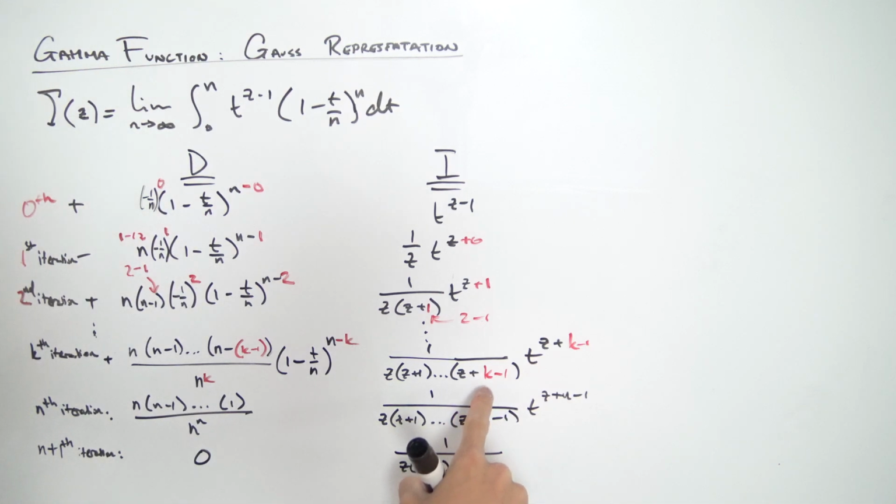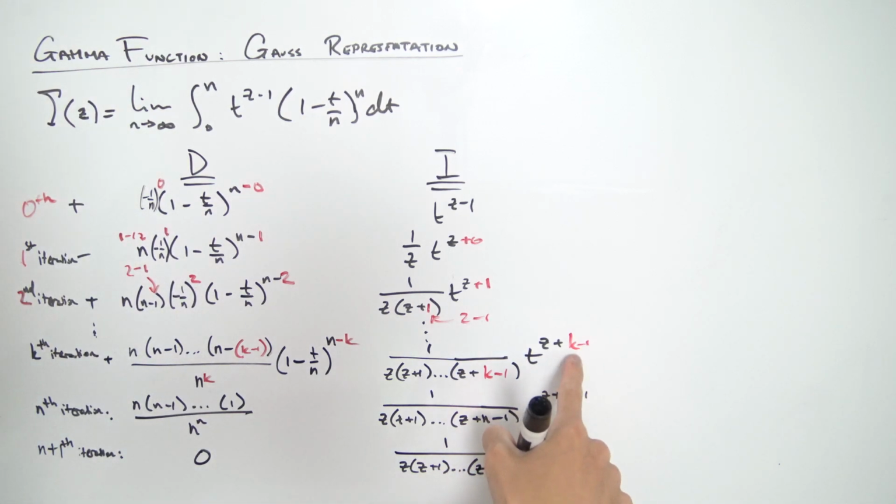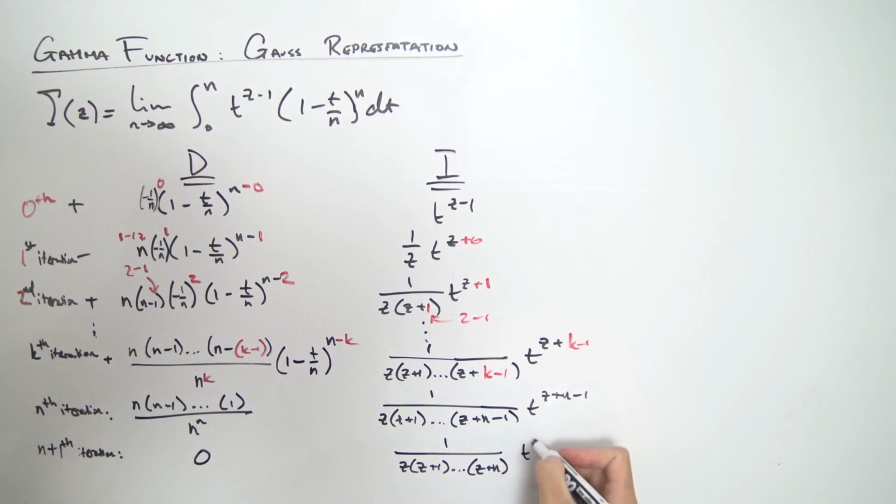Now if we plug n plus 1 into here, this plus 1 and this minus 1 will cancel each other out, leaving us with just z plus n. So all the way up until z plus n, like so. And same deal over here, the minus 1 and this plus 1 will cancel, leaving us with a t to the z plus n. And this is where we're going to stop with this DI method,